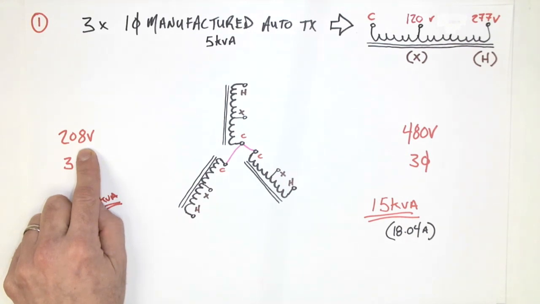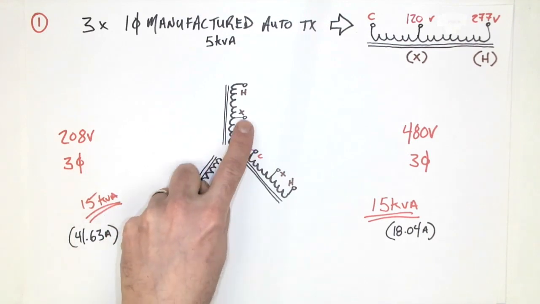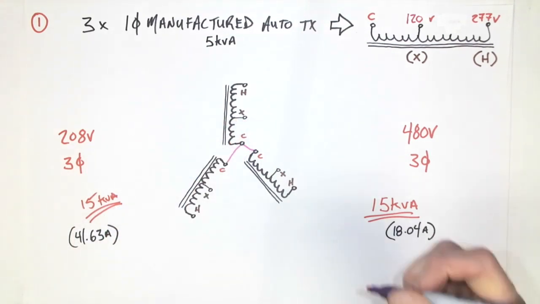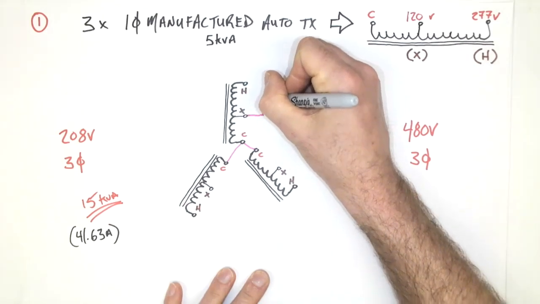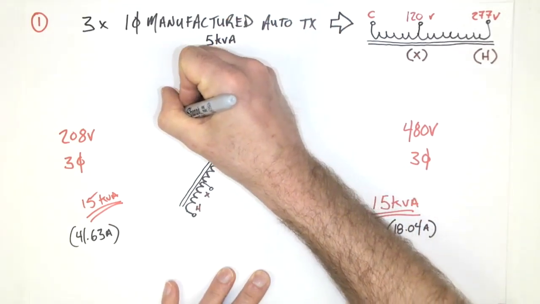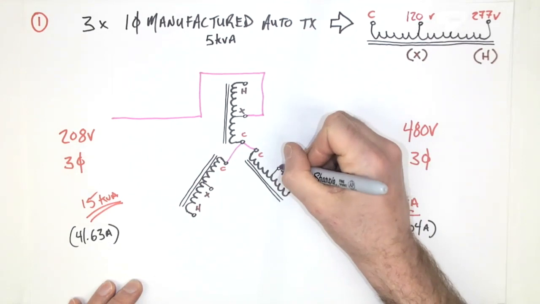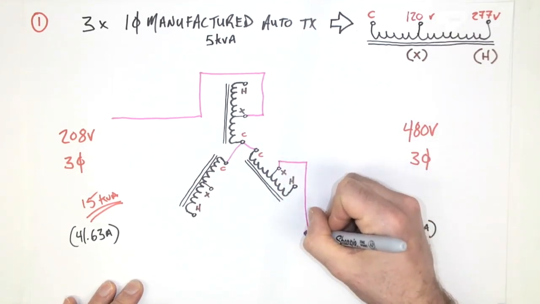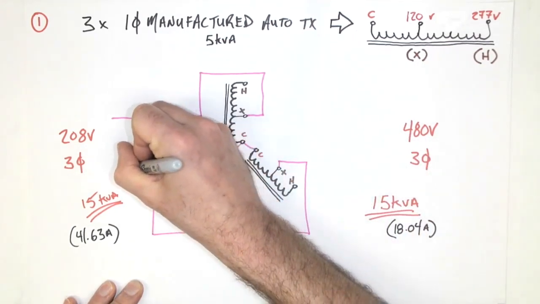So that would then mean that we must be connecting the supply side, or primary, to the X terminals. So we have a connection like this. 1, 2,